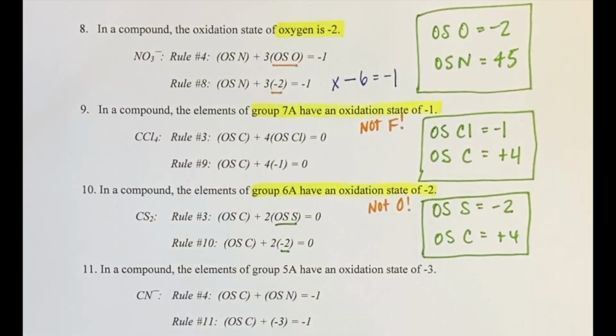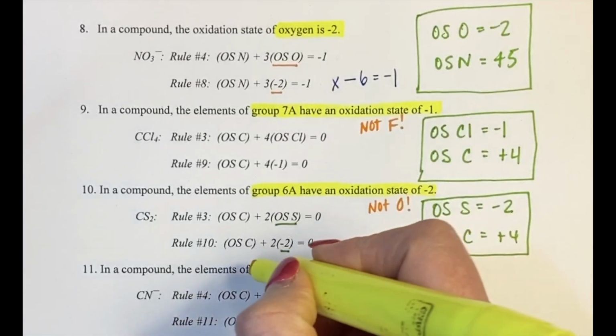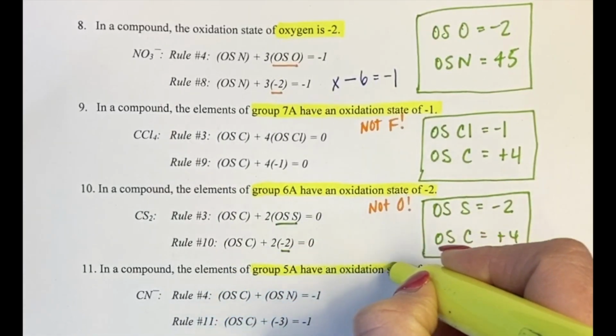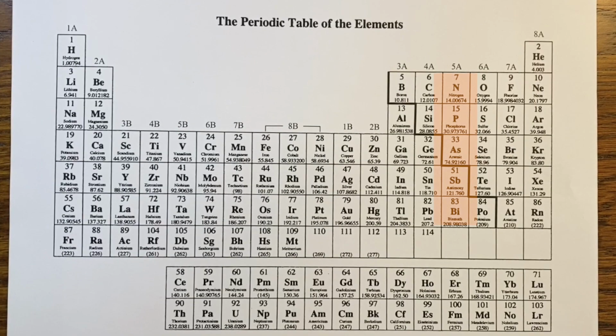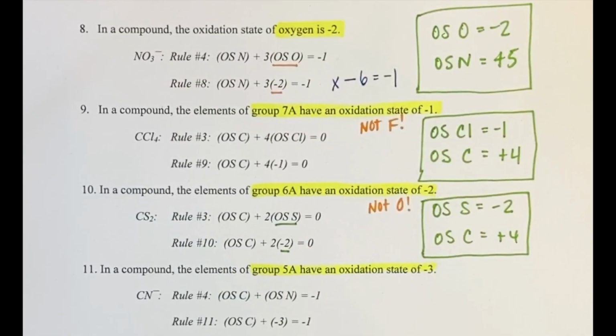Finally, rule number 11 says that the elements of group 5A have an oxidation state of -3. The elements of group 5A are those in this group. So that includes nitrogen, phosphorus, arsenic, antimony, and bismuth. So we can use this rule to calculate the oxidation states for the carbon and the nitrogen in the